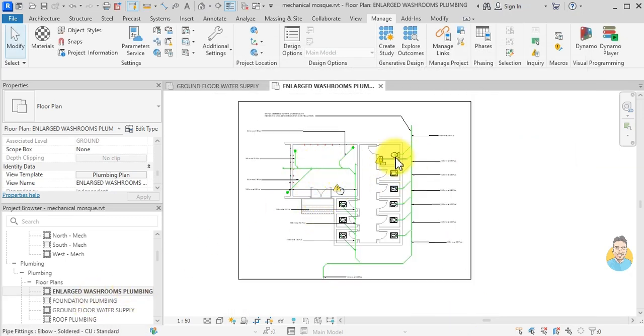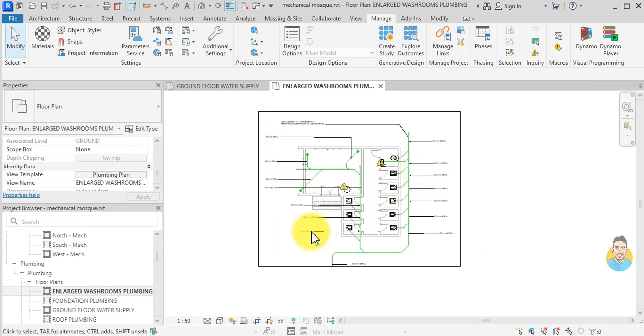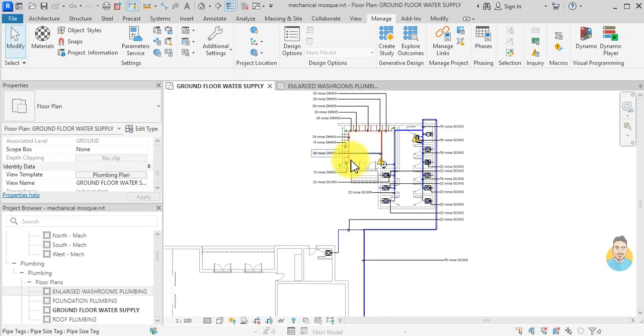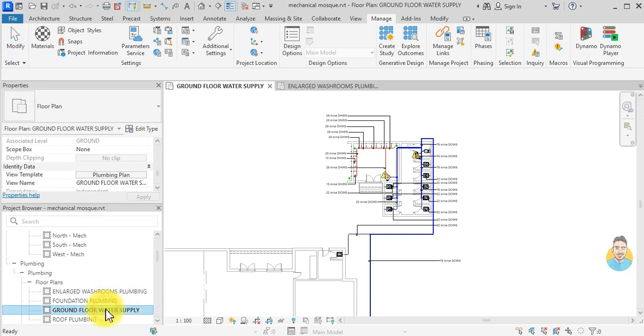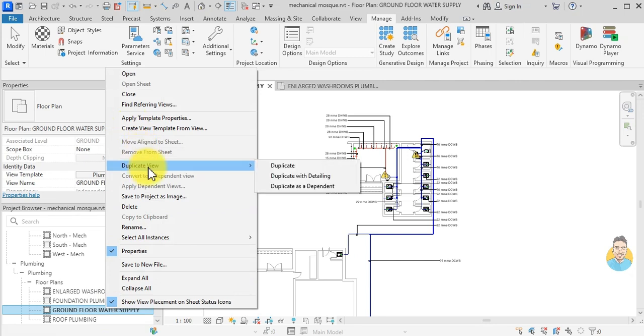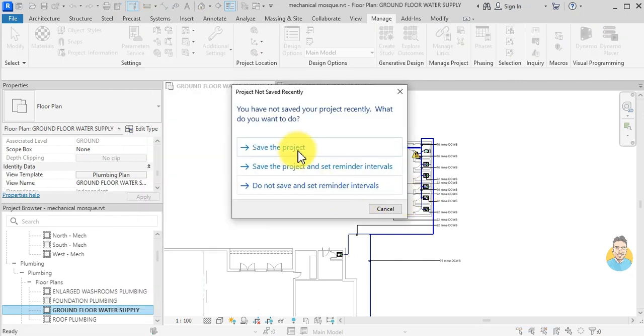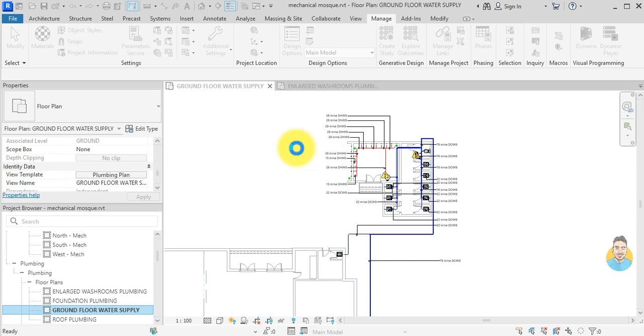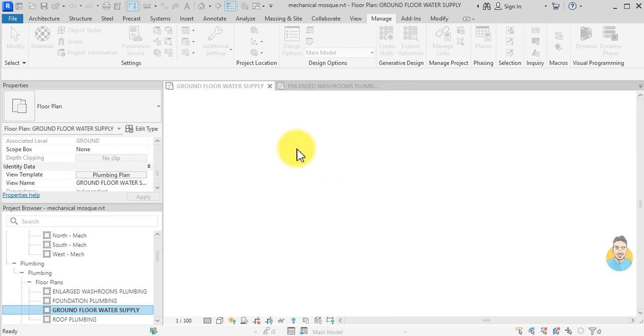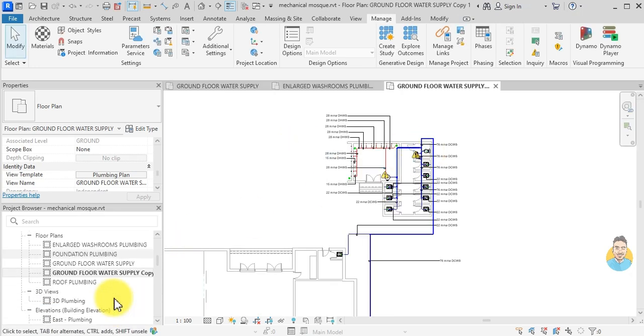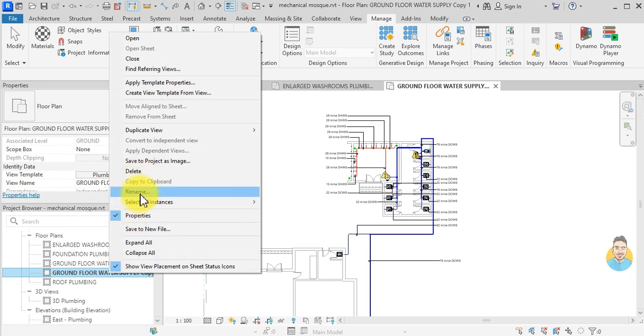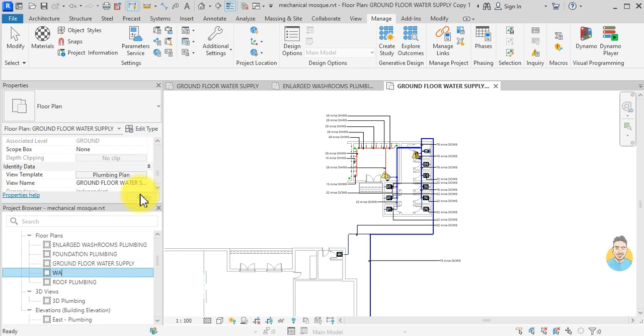Now I need to have the same enlarged plan, but for the water supply for the washrooms. Sometimes I like to just copy, duplicate view, duplicate with detailing, save the project. So I duplicated it. I just click rename, washrooms water supply enlarged plan,